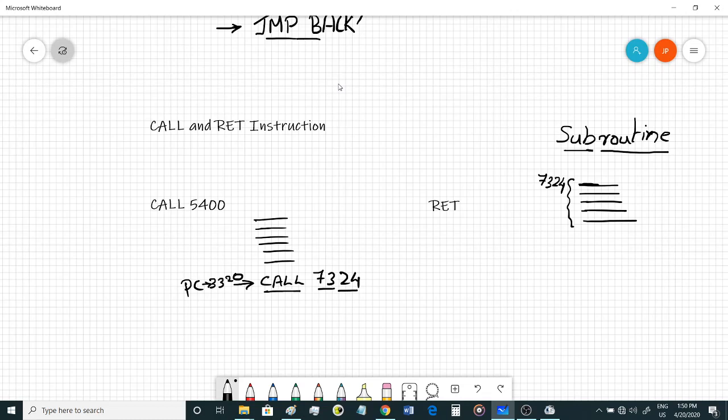These 2 bytes will be stored in the memory as 2 bytes of address and 1 byte of opcode. So basically you will have 3320 for the opcode of call, and then 3321 and 3322 will be for this address.